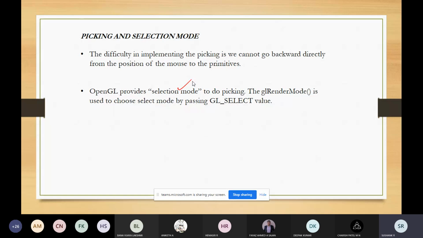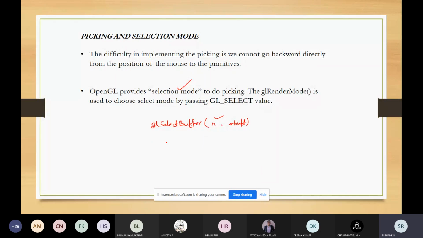We also have some support from functions, like glSelectBuffer. This will specify an array buffer of size n in which you place the selection data.